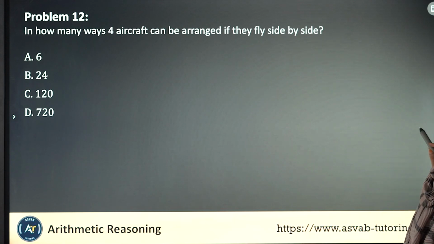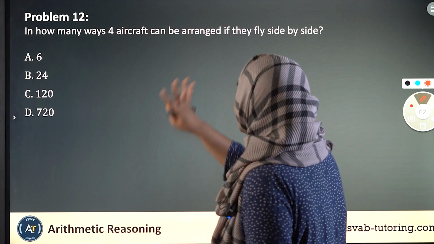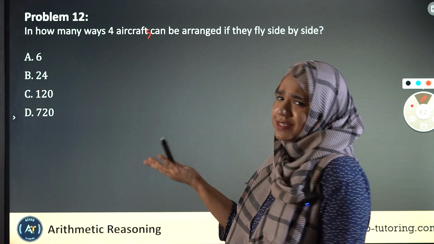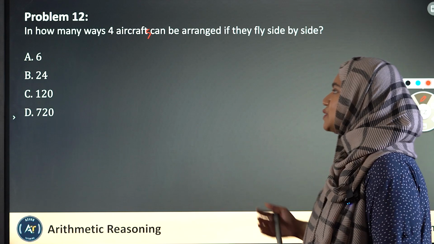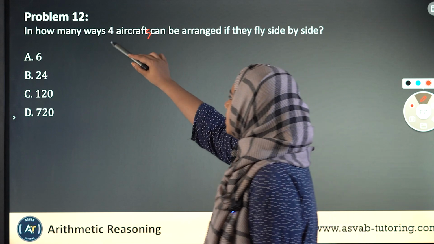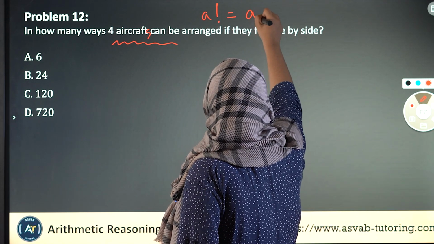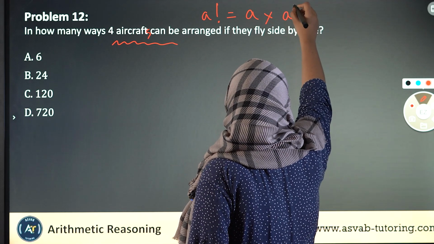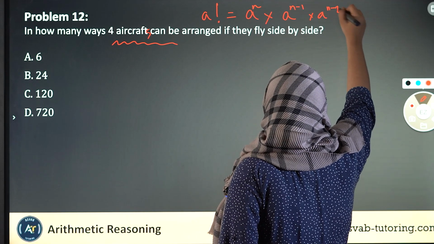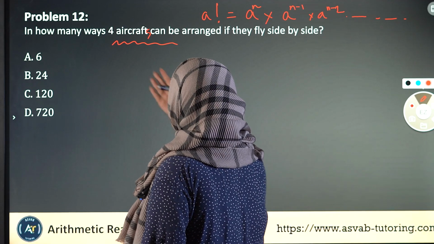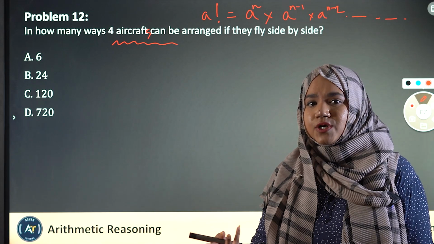Let's now move on to problem number 12. Okay, this is a quite interesting question. In how many ways can 4 aircrafts be arranged? This is a simple grammar error. 4 aircrafts can be arranged if they fly side by side. Okay, so this is a matter of factorial. So are you introduced to factorial, by the way? Factorial means we need to write a, and then we put a, let's say it's a to the power n, so then n minus 1, n minus 2, till we go to the very end. So because it's 4 aircrafts and we are saying how many ways it can be arranged, it's a matter of